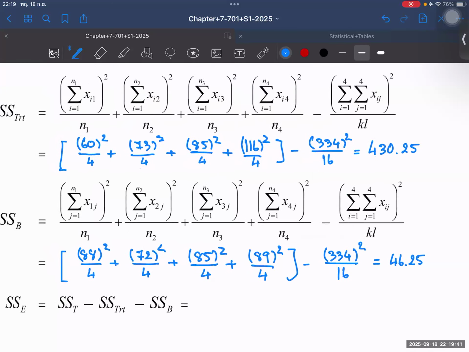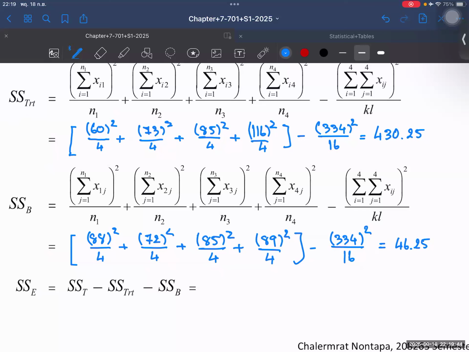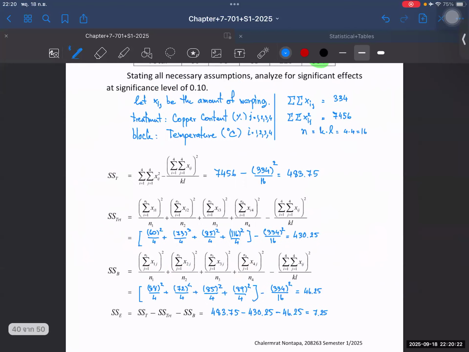So for the sum square total, we want to calculate the sum square, so we use the sum square total minus 46. I use a calculator right now. It's 7.25. Okay, we can